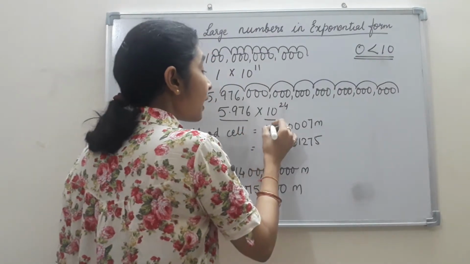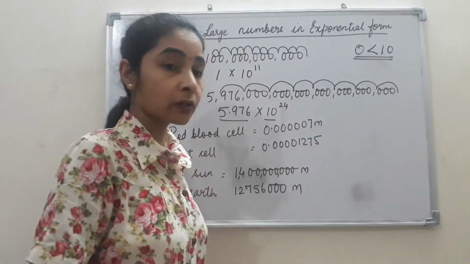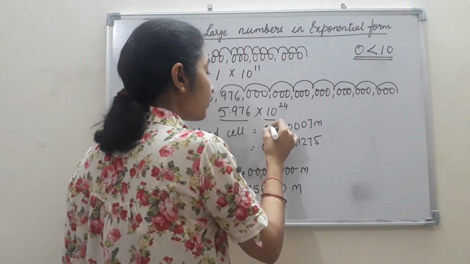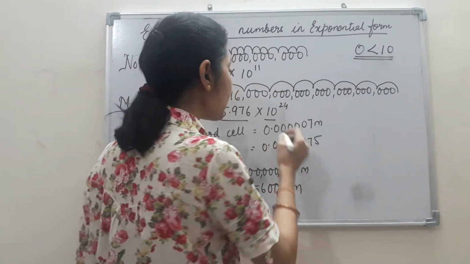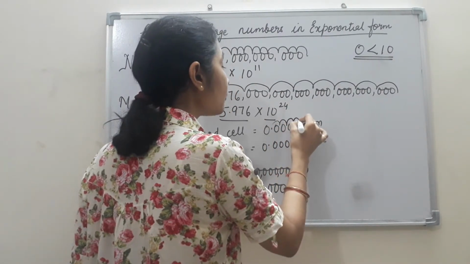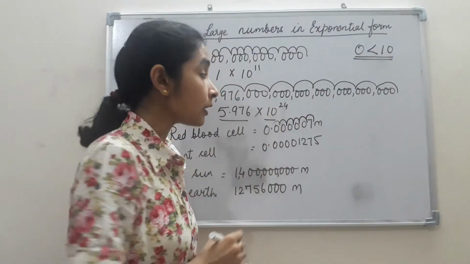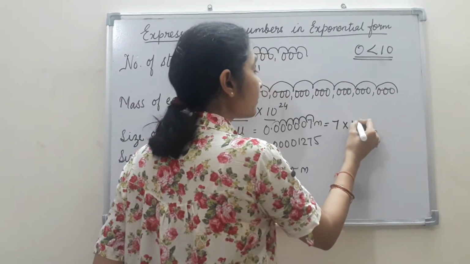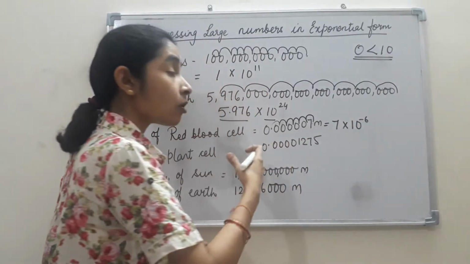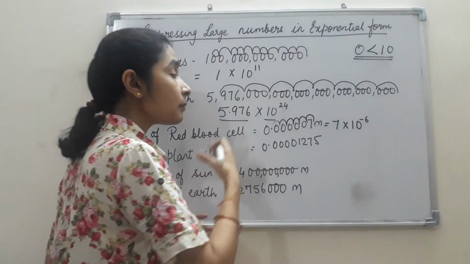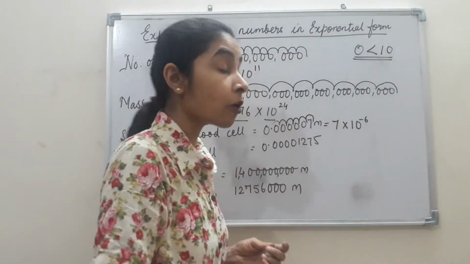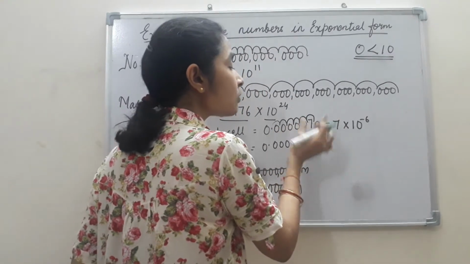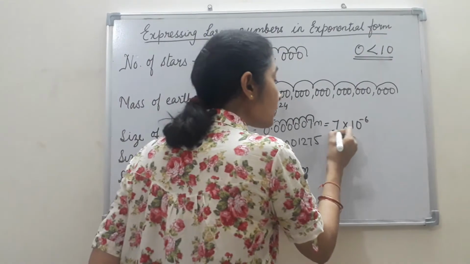In the standard form, I'll shift this to the right hand side. Right hand side, that means our decimal should come after 7. So how many places will I have to shift it on the right hand side? 1, 2, 3, 4, 5, 6. Isn't it? So I will express it in the simplest form as 7 into 10 raised to the power minus 6, because it is a small number and I am expressing it in the standard form, which is a bigger number. It was 0.000007.